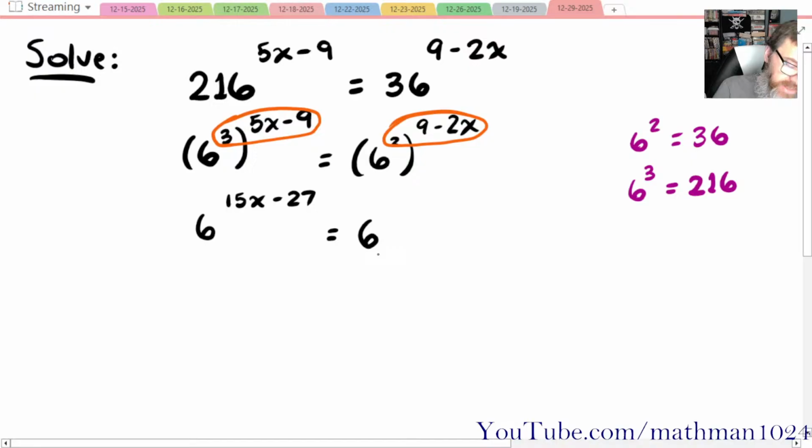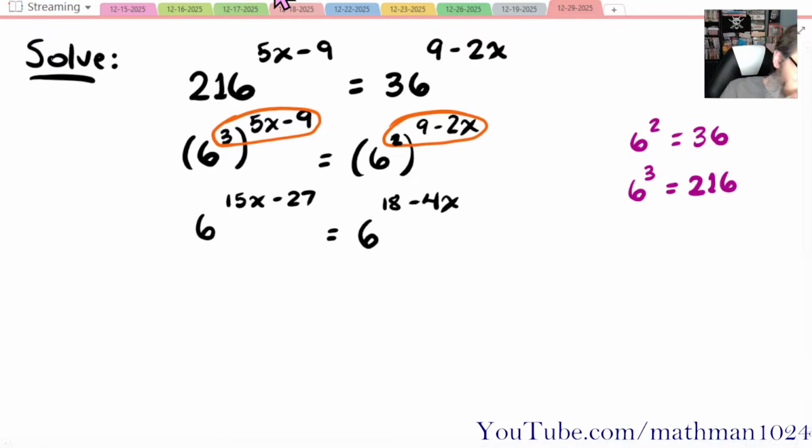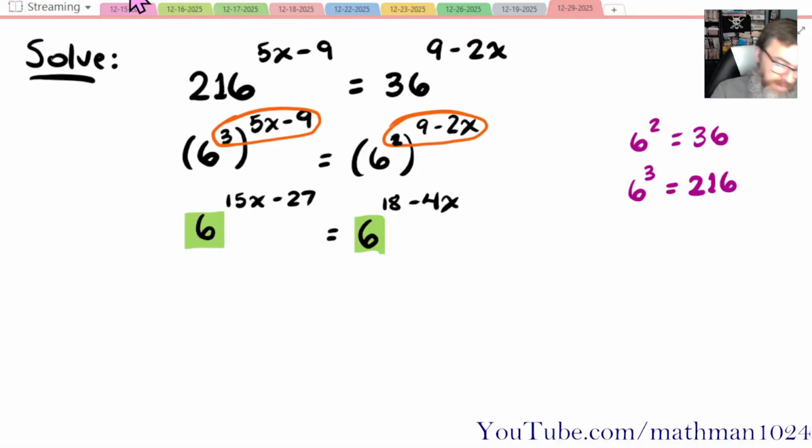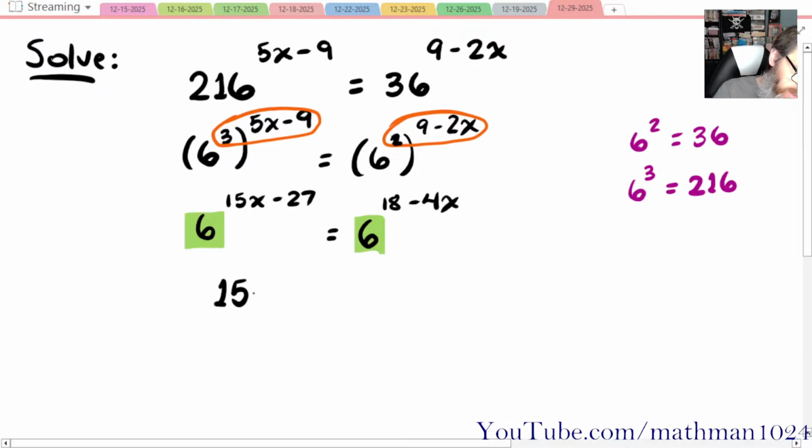And on the other side, it's 6. This is a 2. Kind of got messed up when I circled it. This is 18 minus 4x. So again, make sure that you distribute correctly. Pay attention to your signs. And now, since these bases are the same, we rewrite this equation using the powers. So 15x minus 27